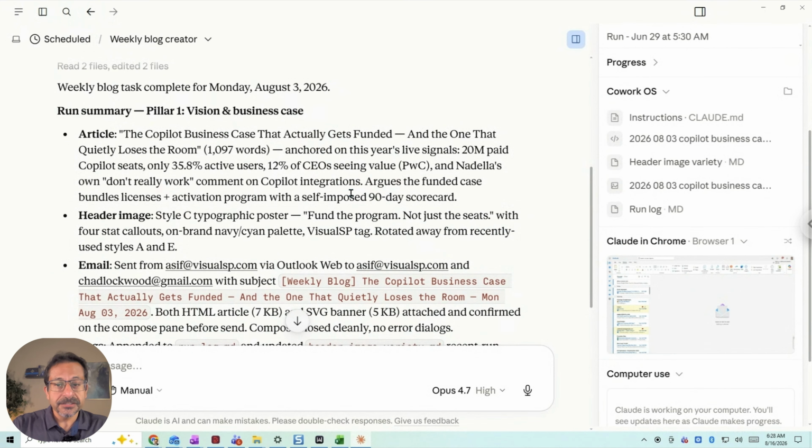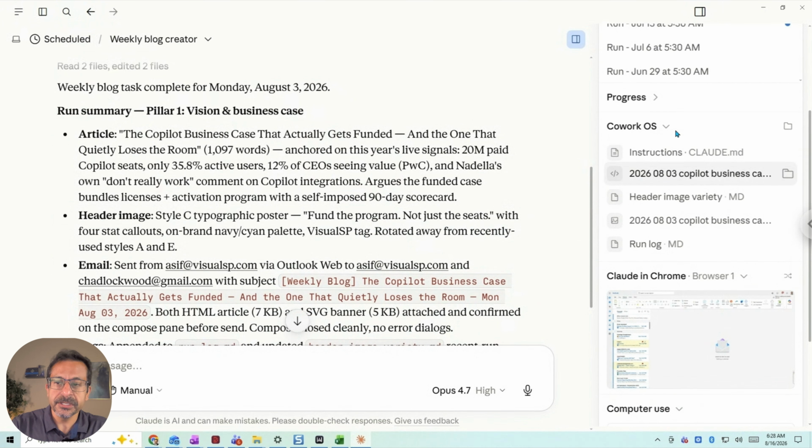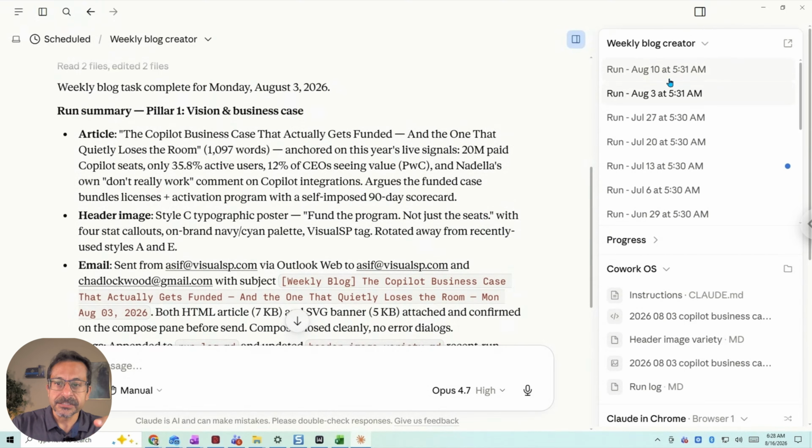And to make these instructions, again, you don't really have to write all that stuff. You start in Claude Cowork and say, okay, I want to make a scheduled task, or I want to make an agent, whatever you want to call it. And that agent is going to do the following. In this particular case, it's going off of every week on a specific date, do something, right? So as you can see, there are different runs that have happened every week: August 10th, August 3rd, July 27th